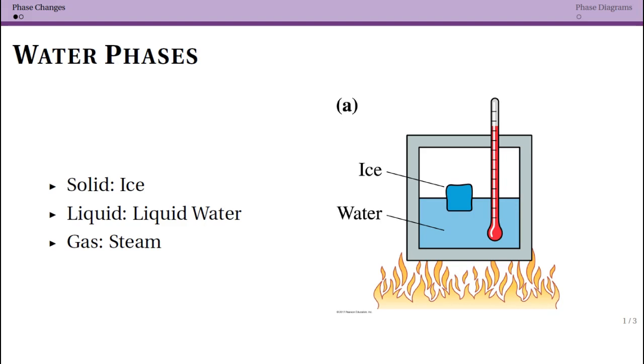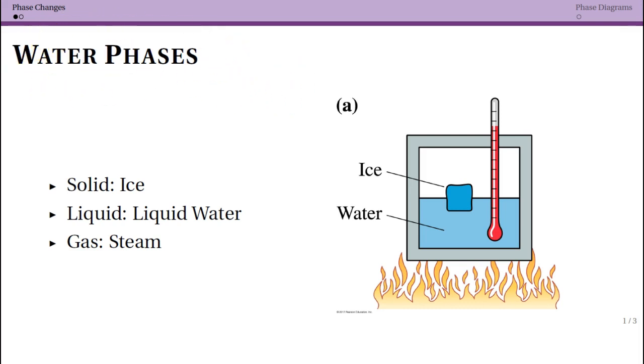We began this chapter talking about phases, and now we're going to talk about phase changes. And there are a few important ideas here that will come back later, especially when we're talking about calorimetry. But the first thing to realize is that we need to be consistent in our terminology.